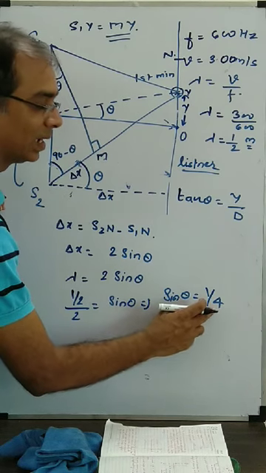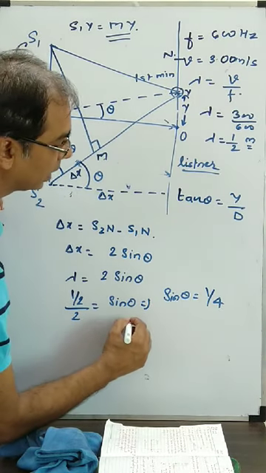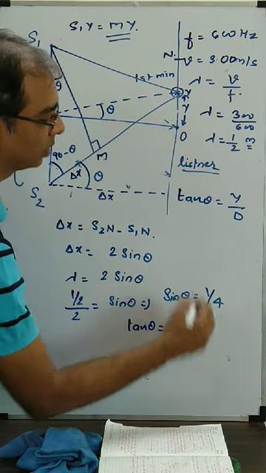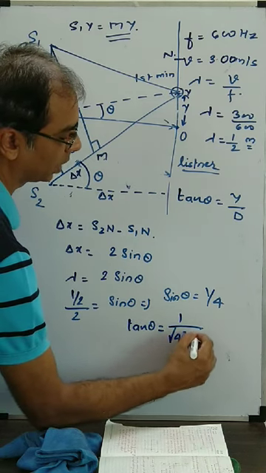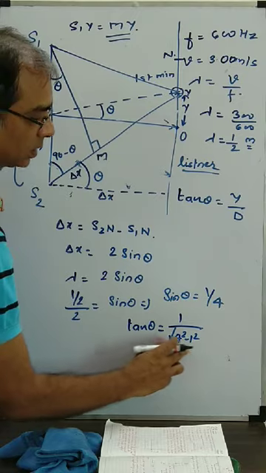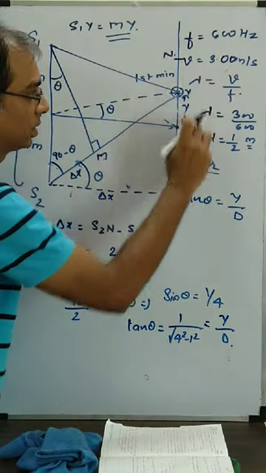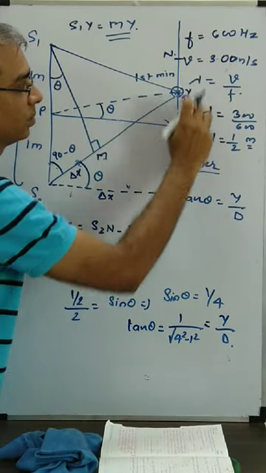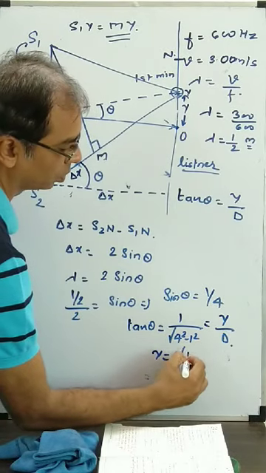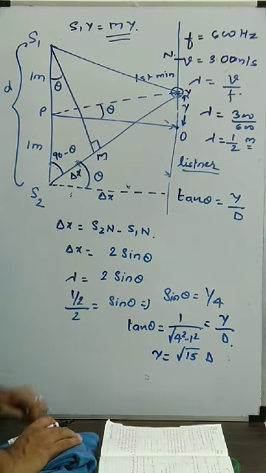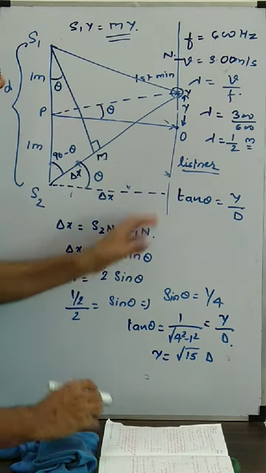Okay, but this again angle is not very small angle. So when the angle is not small, we will calculate tan theta again. What will be tan theta value with the same kind of a triangle? This 1 by root over 4 square minus 1 square, 16 minus 1, that is 15. That's equal to y by d. What is y now this time? This is y, the position of first maxima from O. Okay, what's going to come then? Y will be root over 15d. Okay, is that clear? So this is the way we are going to calculate the position of first minimum and